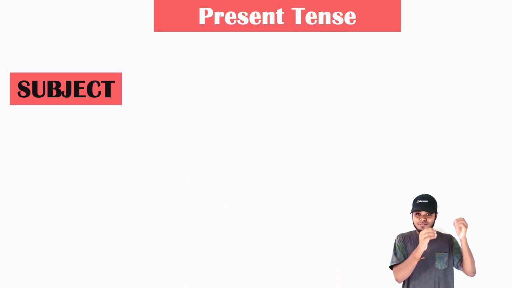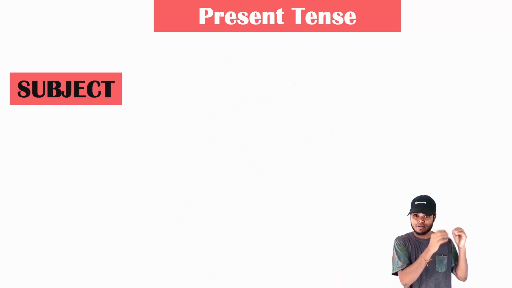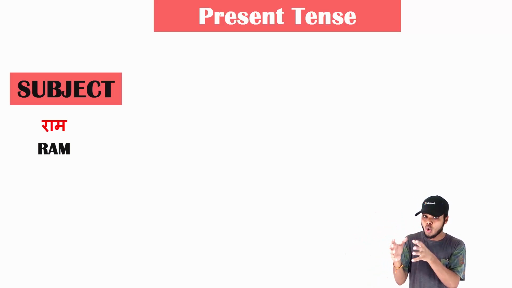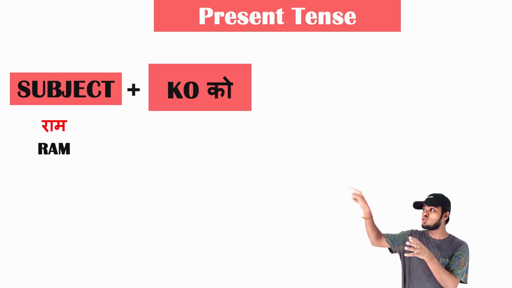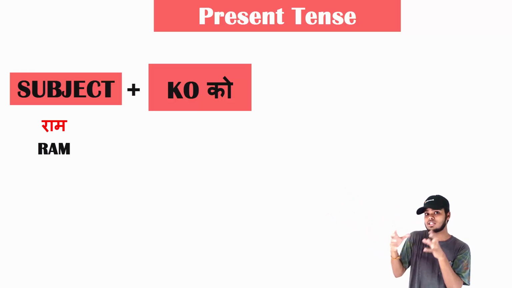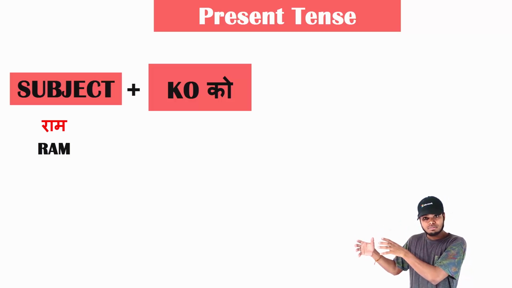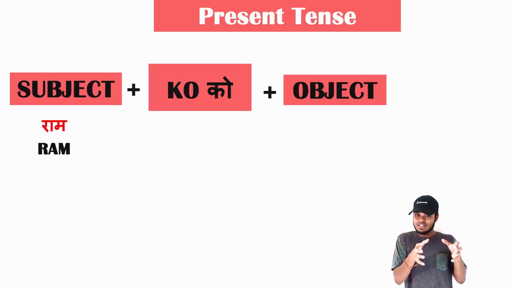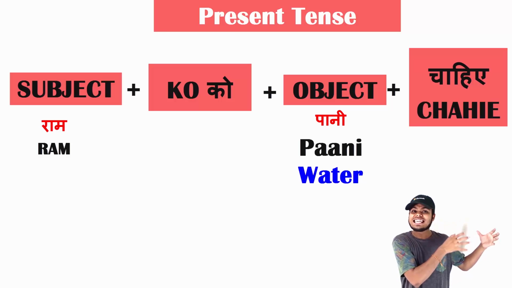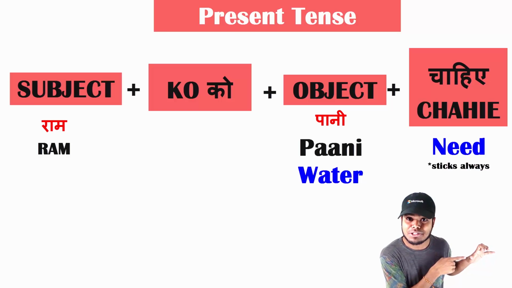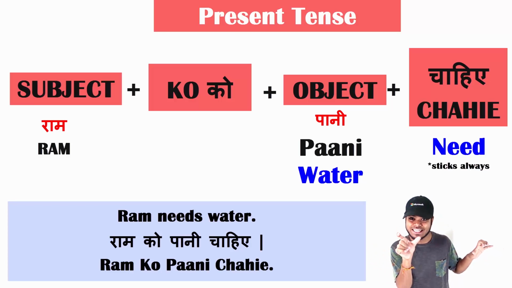The structure is always you start with a subject, alright? There will be a subject. So subject followed by the को, right? It's to. So something is needed to, required to someone, right? So it's को is required if it's living person. So subject plus को and then plus object if required, right? And then you have to add चाहिए. And the चाहिए will never ever change. Remember that it will never ever change. Anything can change, but this चाहिए will stick there, right?